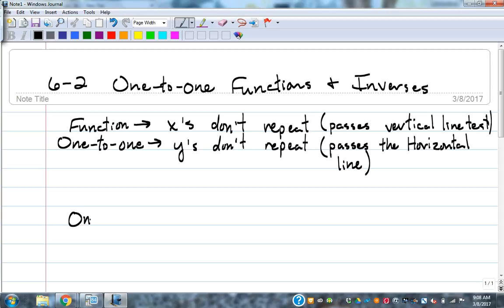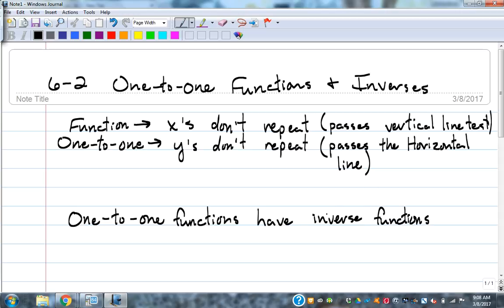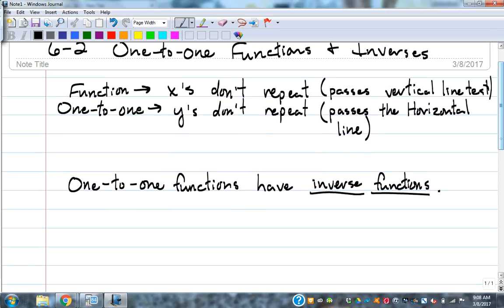1 to 1 functions have inverse functions. And that's the special property that we're going to be using throughout chapter 6, is the fact that they have inverses. Okay? Inverse functions